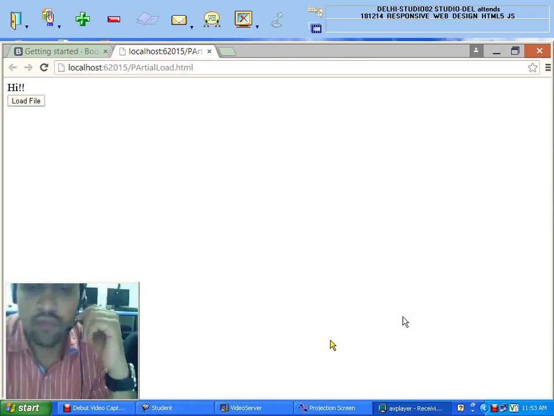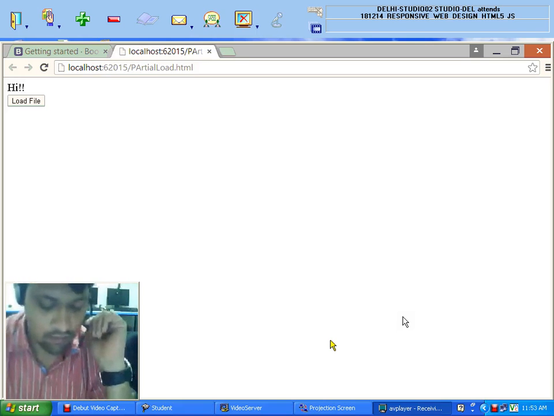So the data may be in a text format on the server, or maybe in an HTML page, and I want to load that in my web page using jQuery. I will use the load method. It will help me to load the page on my web page, either a full page or a partial page.